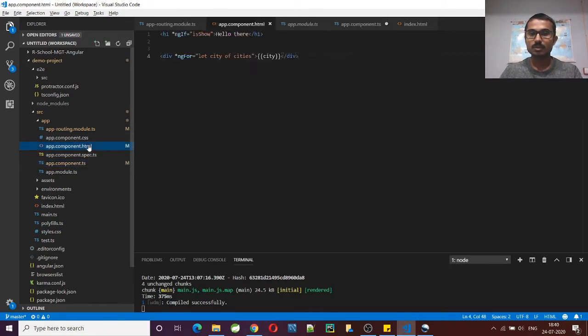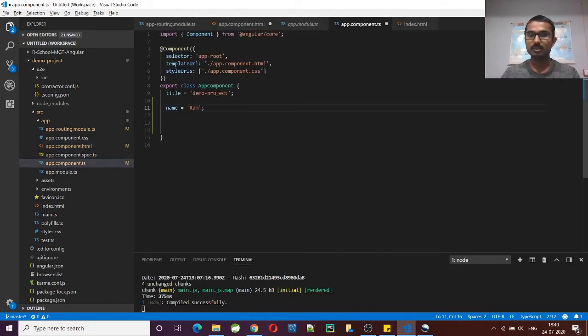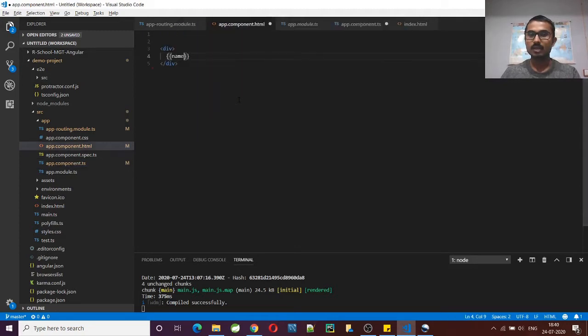If you want to print this value here, let me remove all these and write a div, and in this div I'm just trying to print the value. For that you need to use double curly braces, and in that you specify the variable name which we have created, that is name, and this value will be printed on the screen. To save, Ctrl+S, everything got saved.